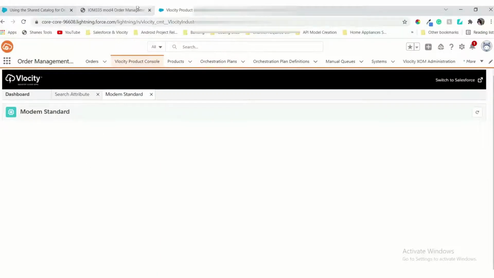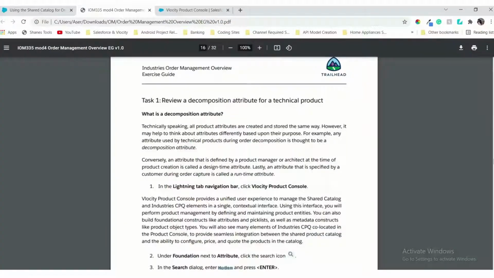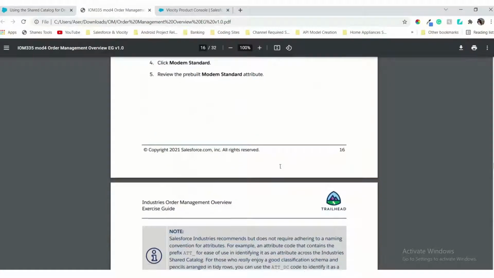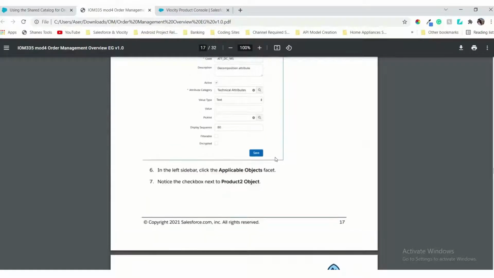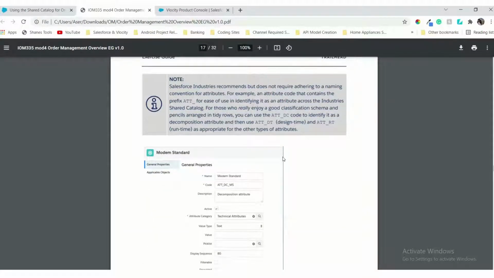And see. They are saying the topic. I'm so sorry, we have to preview the decomposition attribute. So just review that one, and make sure that you read this note as well to get the understanding.